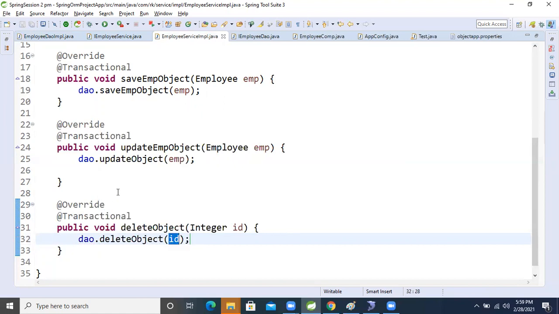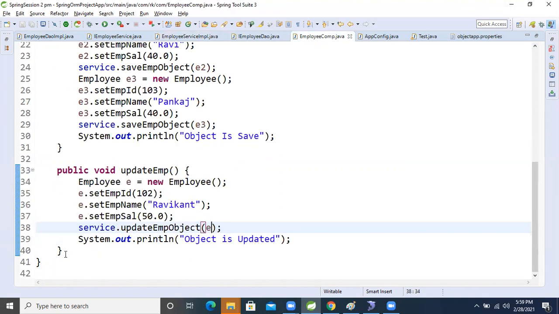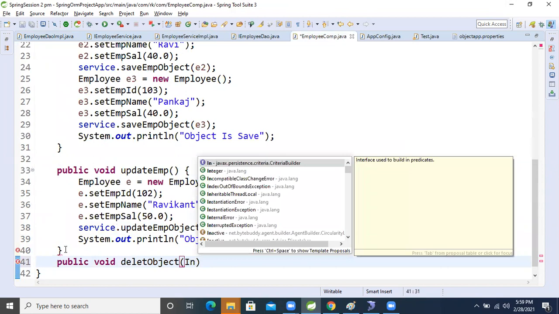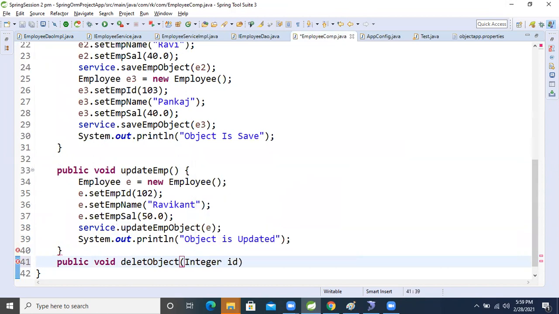Okay, so now come into the component, employee component class. So let's write one method. Public void delete object, and as argument I will take Integer id.